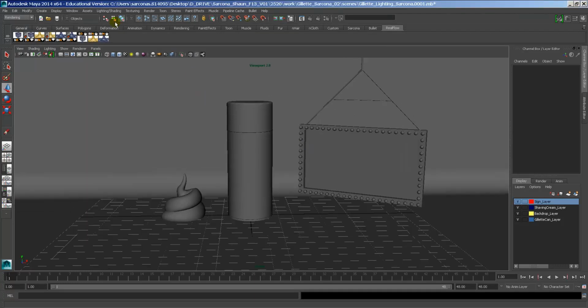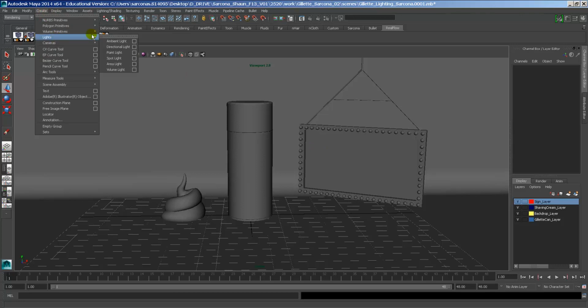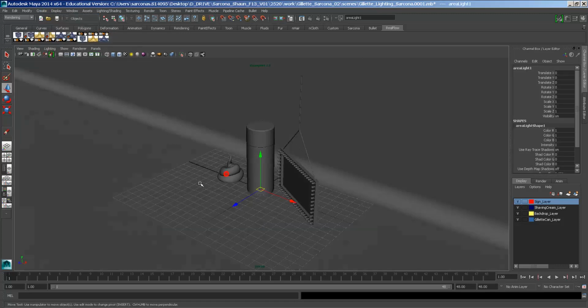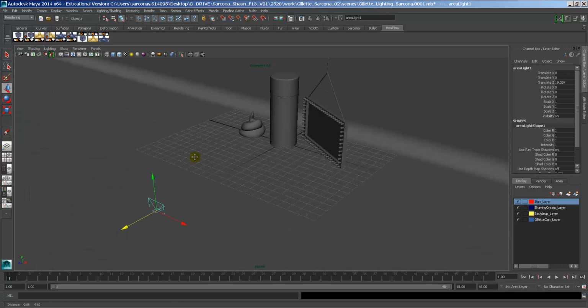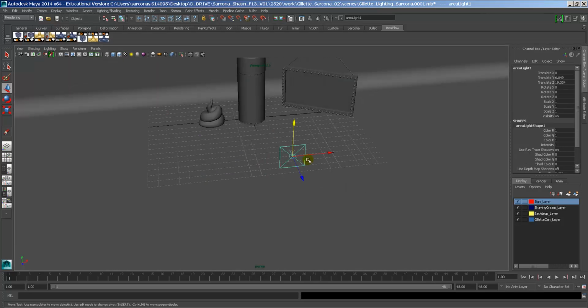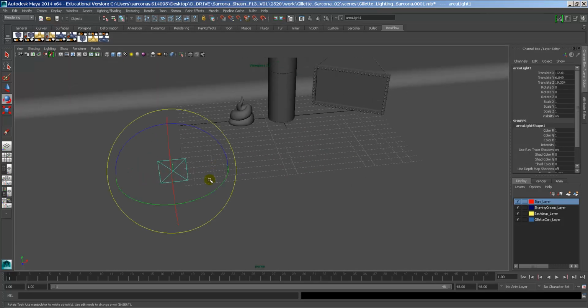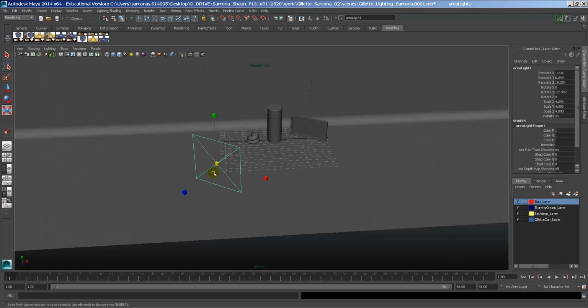So what I'm going to do is I'm going to create kind of like a 2-point lighting system. And out of all the lights that are under the create lights area, I'm going to use an area light because an area light will give us the most realistic lighting because it comes from an area, which most lights do. So I'm going to kind of position this a little bit further back